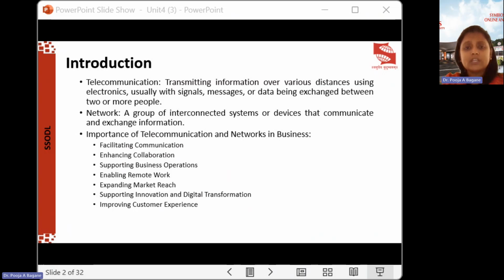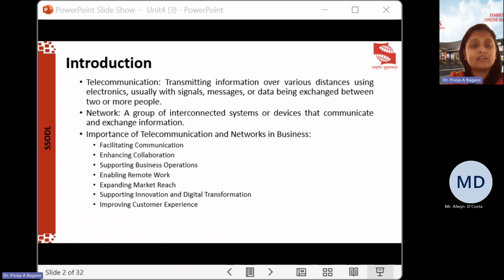The telecommunication networks help companies to interact internally between their employees and with external people like clients, suppliers, and other different stakeholders. So voice calling, emailing, conferencing, instant messaging, using these, it can be a smooth way for communication. So businesses can use the same for decision making, creating collaborations. So, enhanced collaboration is also one of the key features of this particular telecommunication network.